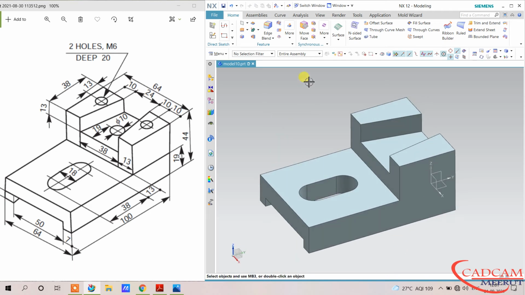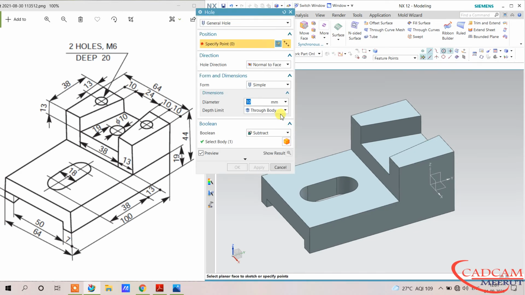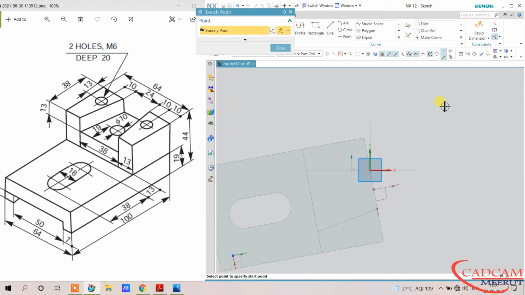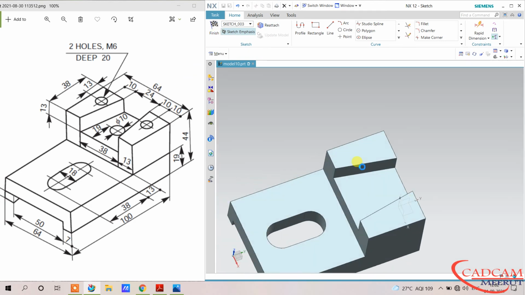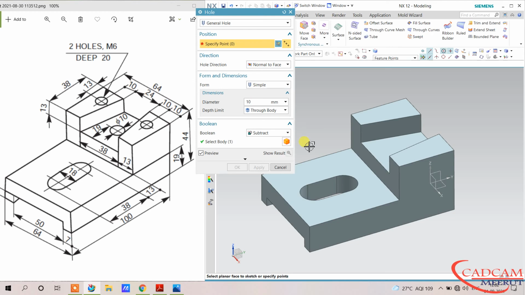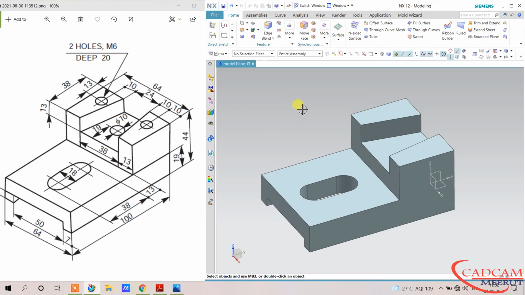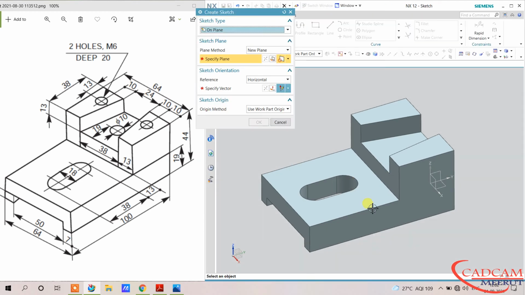Two holes are there, so I will choose the hole command and click. The point is not proper. You can see here, this point is not proper, so we can do one more thing. Cancel it and sketch.